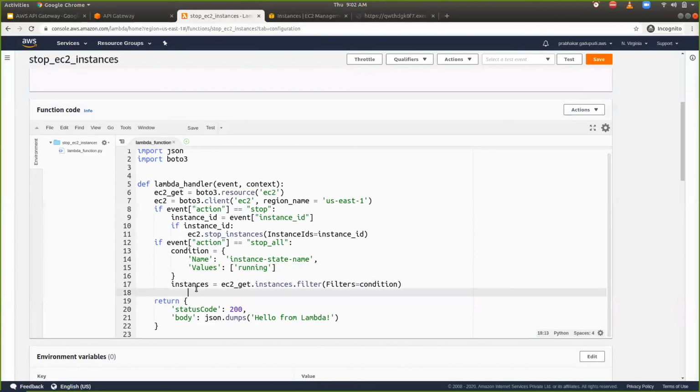It will return instances, which are a list of EC2 instance objects. And I'm going to get all instance IDs here.